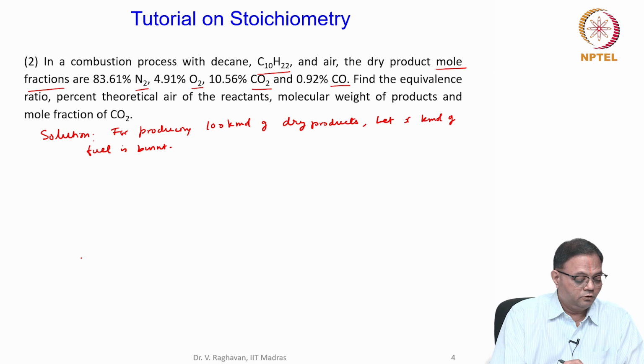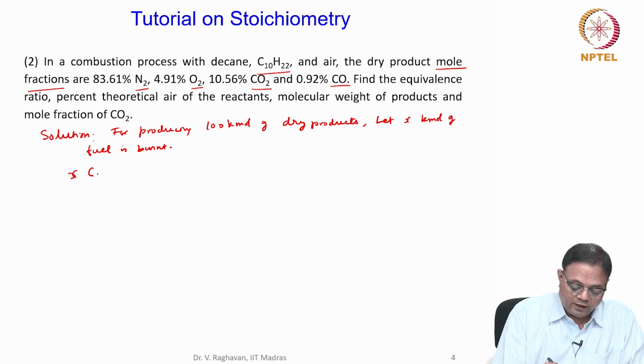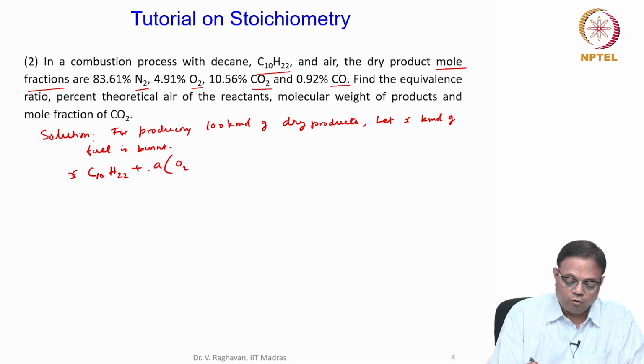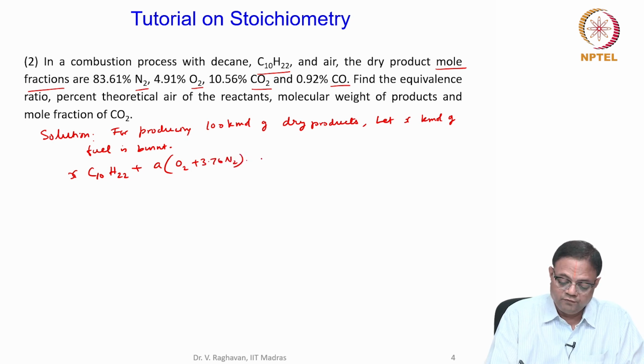Okay, so now we can write the equation as x times C10H22 plus, I don't know the amount of air, so I will say A times O2 plus 3.76 N2 giving,